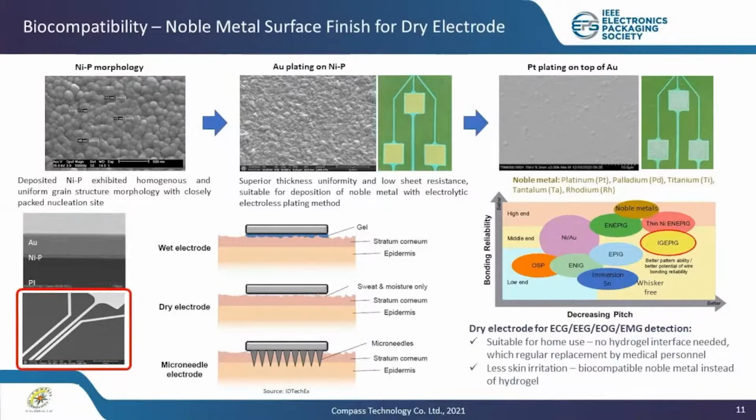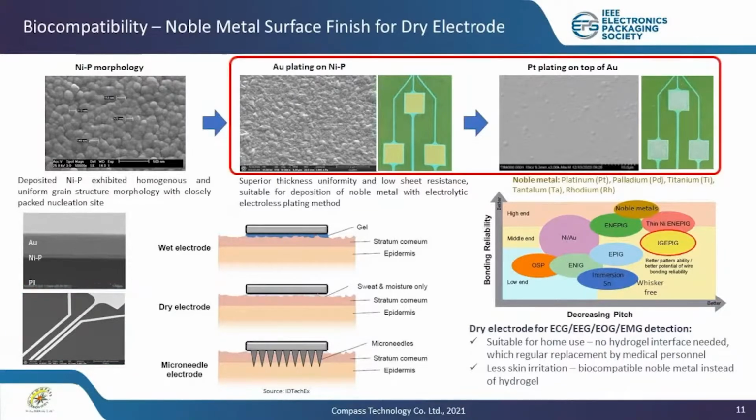One major application is dry electrode for ECG detection and glucose monitoring. As we can see from the picture, the platinum is placed over the gold as dry electrode using the direct metallization technique. This can enhance the sensitivity of electrode oxidation of glucose, as well as replace the conventional copper electrodes,